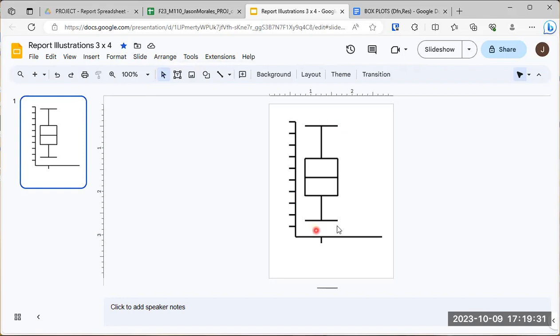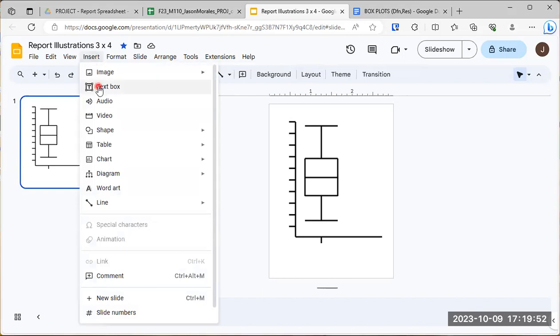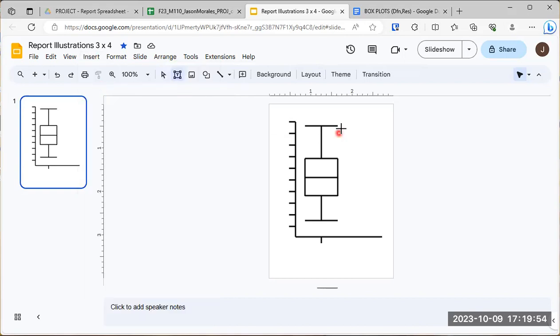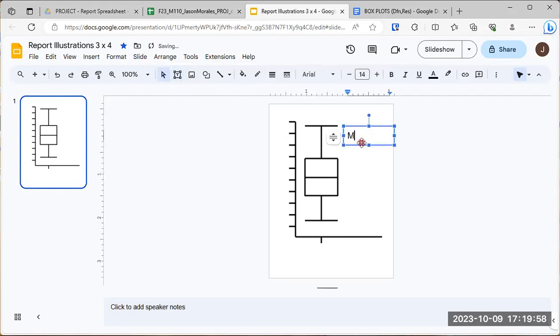Okay, so what we've got here is our representative box plot with a vertical y-axis and a horizontal x-axis. And now we need to label these different parts. So now we can come to, let's see here. I think we can use this text box button, or I think you can do insert text box. Either one will work. And I'm going to click right here. And that's going to be the,